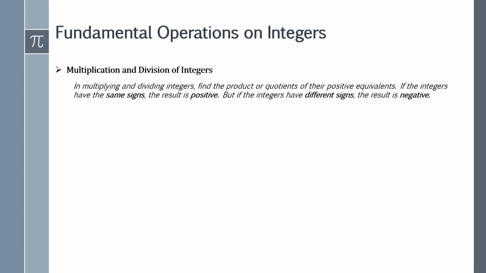But if the integers have different signs, automatic negative. Ganun lang. So, ito lang yung babantayan natin, class. Again, let's apply these rules into the examples. So this time, meron tayong 4 na examples. Okay? So first is we have 2 times 8. Sabi dito, same sign,